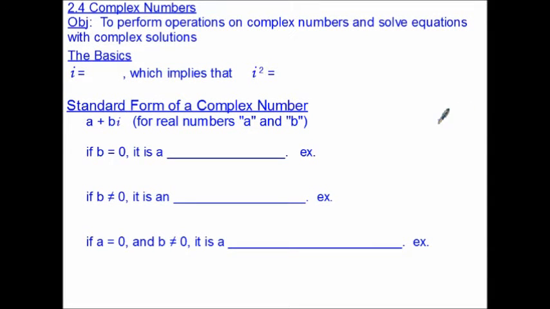Alright, welcome back, folks. We're looking at 2.4, complex numbers. We're going to be performing operations on complex numbers and solving equations with complex solutions. The basics of this whole thing, again, this is a big Algebra 2 review, so hopefully this makes a